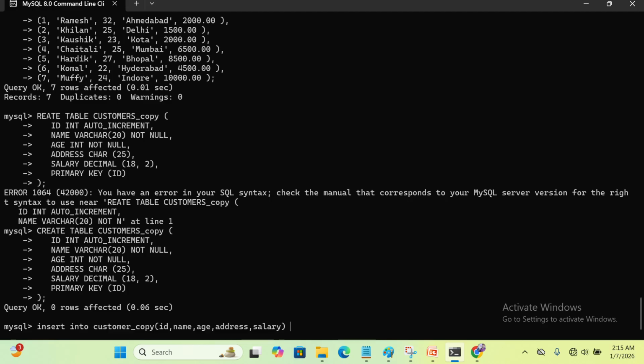Insert into customer copy, id name age, address salary, select same id name age, address salary